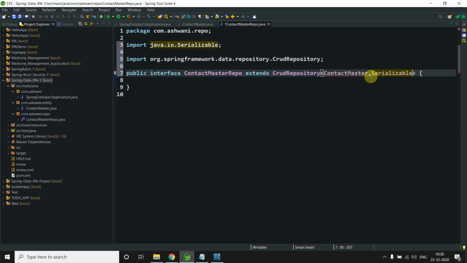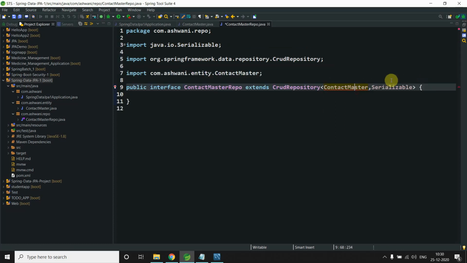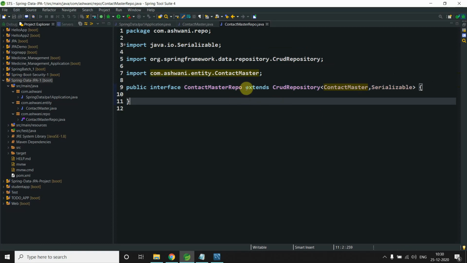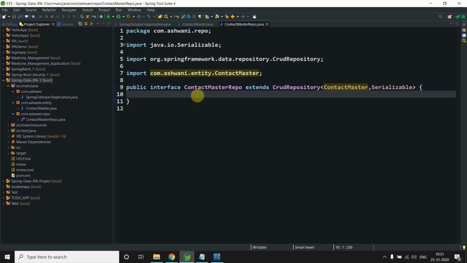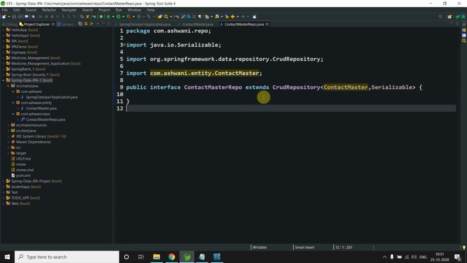Now you just import ContactMaster. Your work is done as a programmer. You don't need to do anything, you don't need to give any implementation. If we were not working with Spring Data JPA, you would need to give the implementation of your ContactMasterRepo, but in this case you don't need to give any implementation, your work is done.